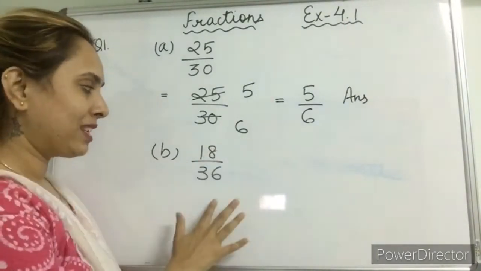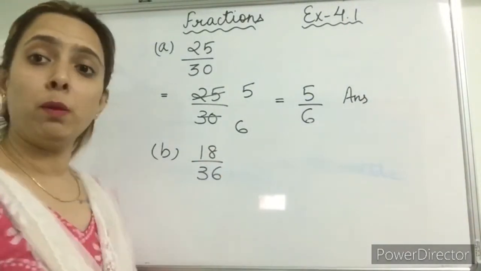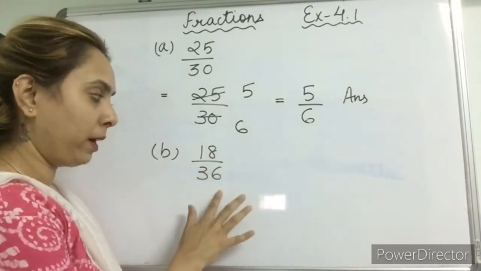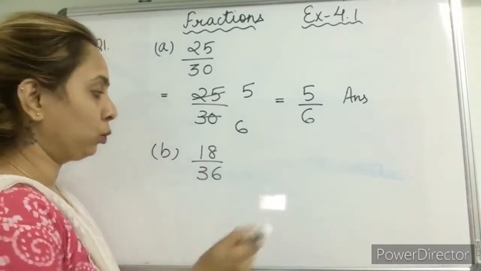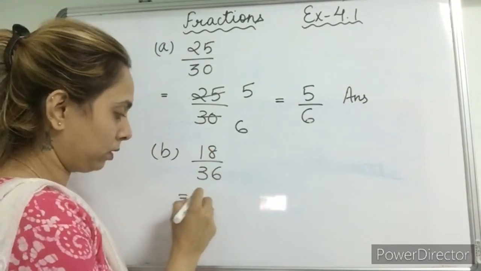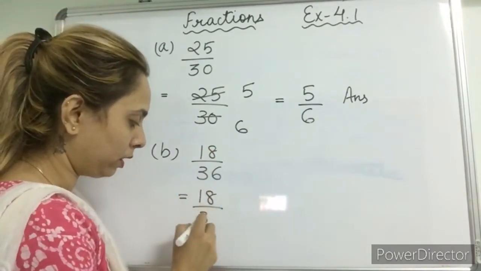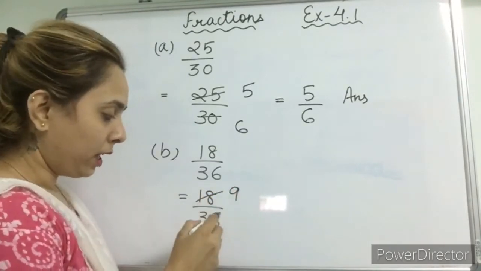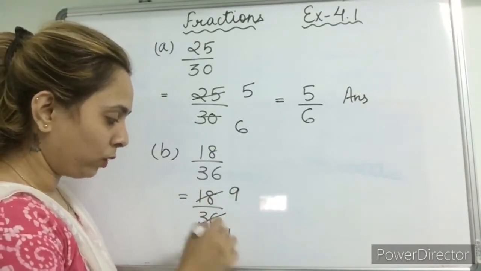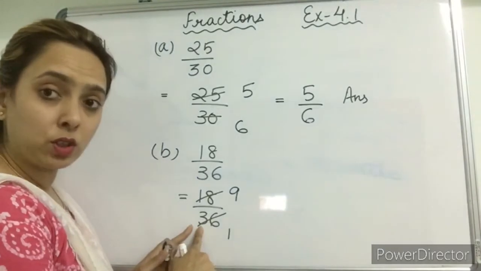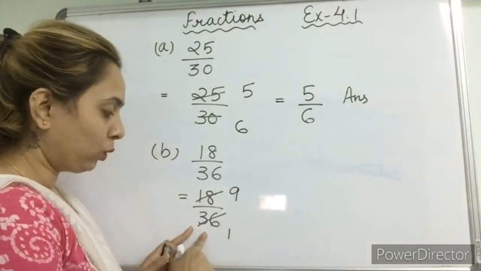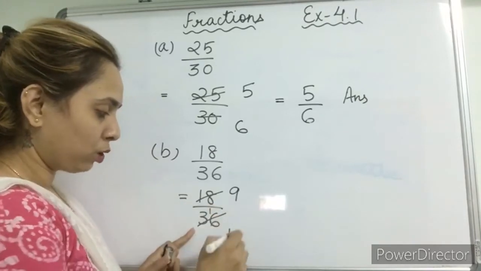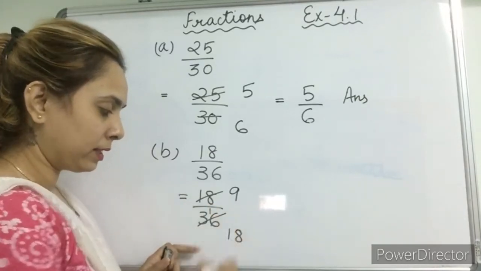Again I will see both these numbers are divisible by 2. Always start with 2. So both these numbers are divisible by 2, so we will start dividing by 2. 18 upon 36. So 2 9s are 18 and 2 1s are 2. 1 will be taken by this 6, it will become 16. So 2 8s are 16.